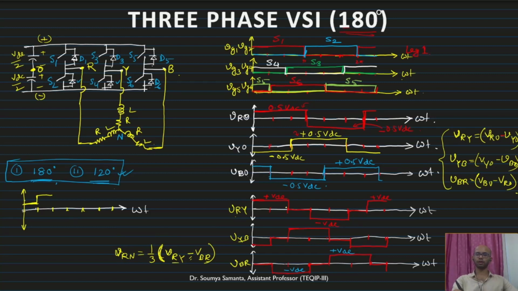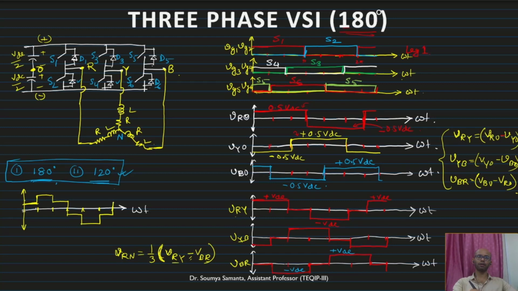So next what will happen? Next this is 0. Next part this is 0 and this is minus VDC, minus minus plus. So basically we are getting VDC by 3 up to this. Next what we are getting? This is minus VDC and we are getting 0. So this is minus VDC by 3. Okay. So next if I see, minus VDC and plus VDC, but minus sign is here. So minus of twice VDC by 3.